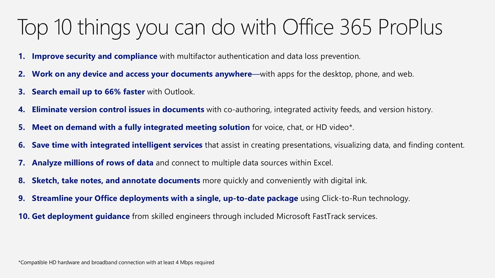But just the top things that you can do with Office 365 Pro Plus: improved security and compliance, and search email up to 66% faster, which is huge. If you're an IT pro, you have plenty of people you manage that might have an inbox filled with junk. Searching and indexing can be extremely slow. We see improvements there. 66% faster is a huge time saver when you're working on the go. You need to be able to search and see, okay, what was that email that Brian sent me? I'm going to do a quick search. Instead of taking 5 minutes to look for it, you're able to get it pretty quickly.